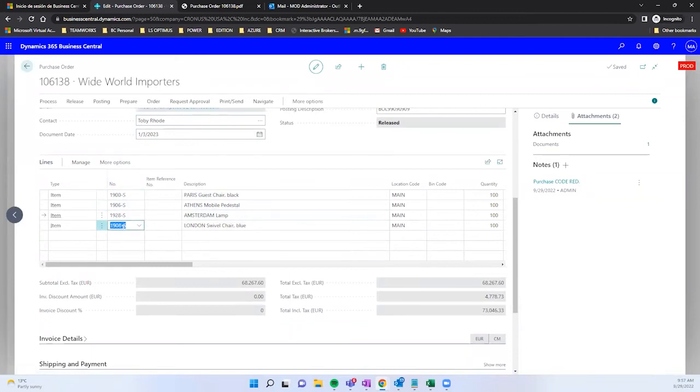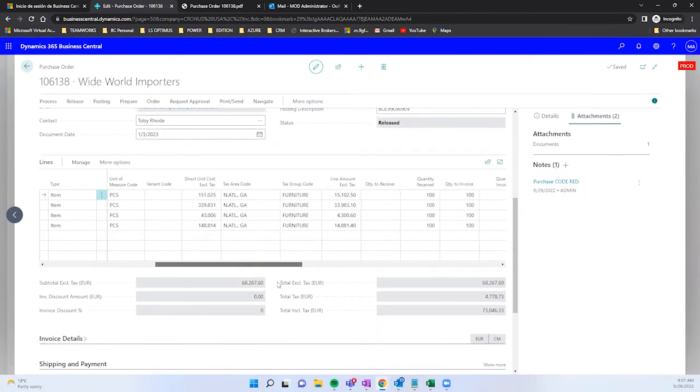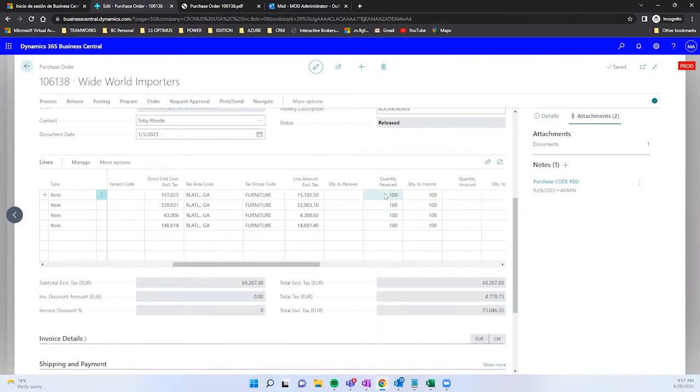So I did two types of purchase documents. The purchase order, once again, to Wildwood Importers is to purchase the items, and the purchase order has additional controls to actually measure the quantities, and the quantities not only requested, but the quantities that were already received. Look at this, all these 400 items were already received. And then later I create a second invoice, the one for the freight, that will just increase the cost of